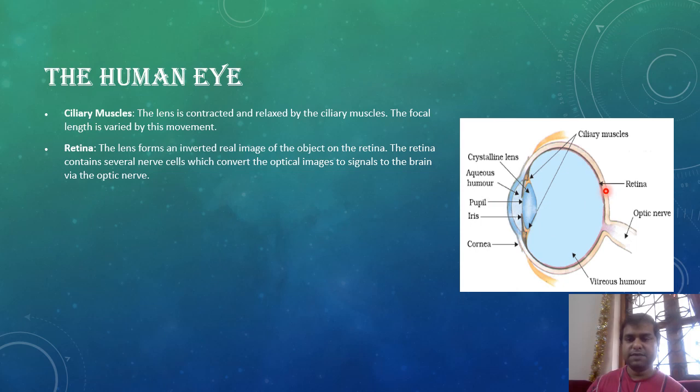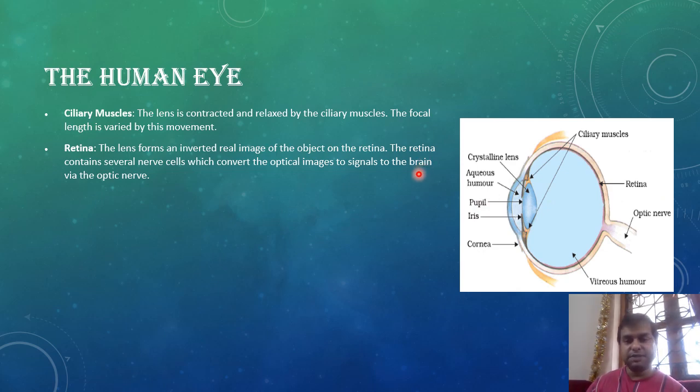Then you have the retina, which is at the back of the eye over here. Now what does the retina do? We told you about the lens, right? The lens focuses the light, or in other words the image, onto the retina, and the lens actually forms a real inverted image of the object. But despite the fact that it forms a real inverted image, we don't see objects upside down. Rather, we see them the way they are. If they are erect, then we see them as erect. If they are inverted, then we see them as inverted. We see them the way they are, not in any other fashion.